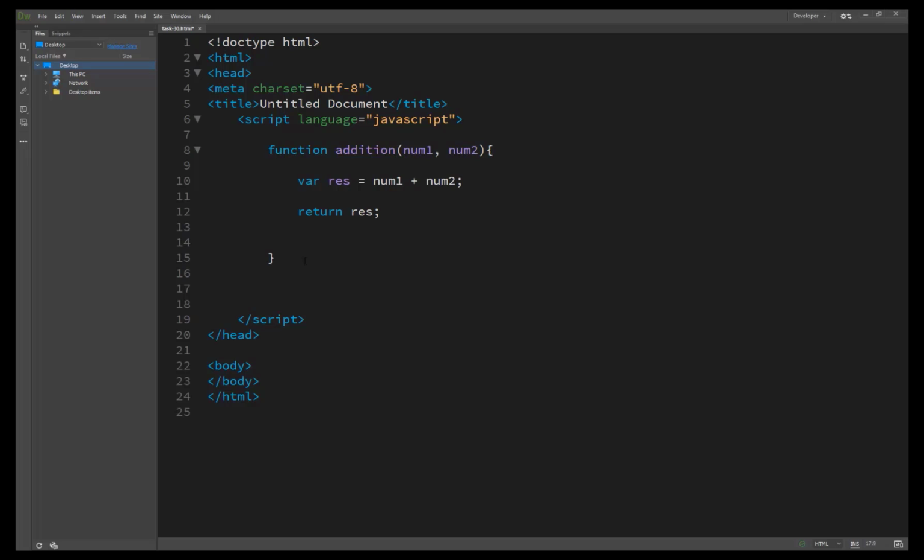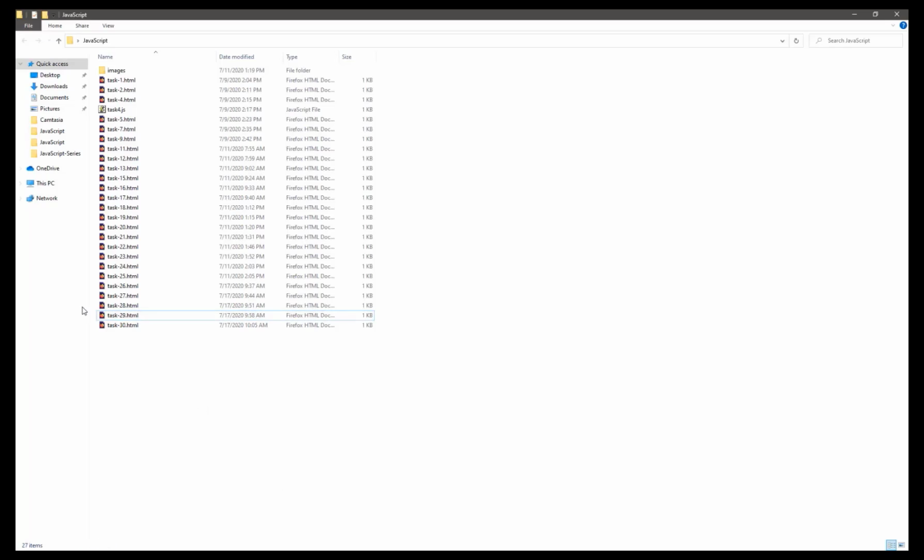The same way, we write a variable, let's say a, equal to addition, calling the function and passing two numbers, 10 and 20. Then to get our result on the browser, we write document.write and pass a. Now we go and take our result, and you will see it is 30, because it is the sum, the addition, of the two numbers.